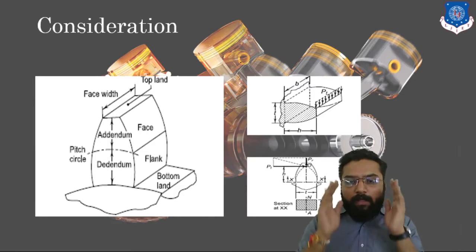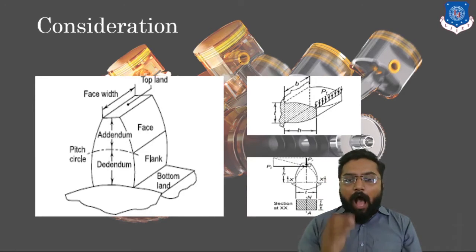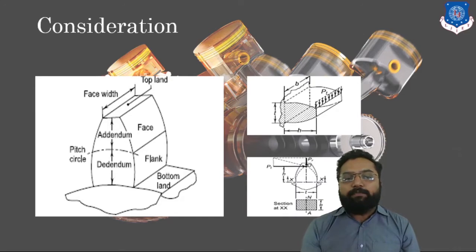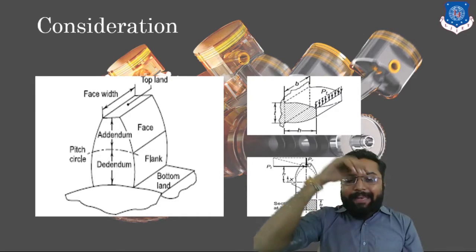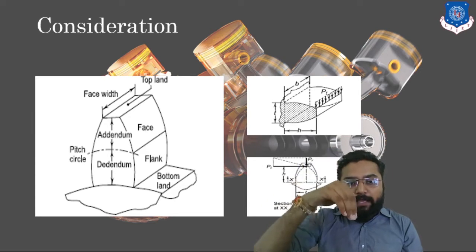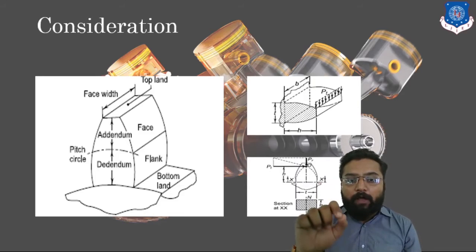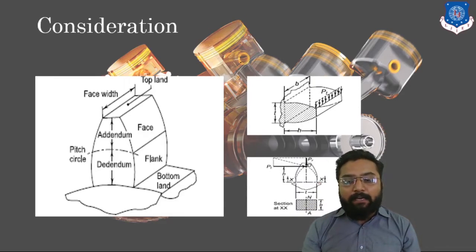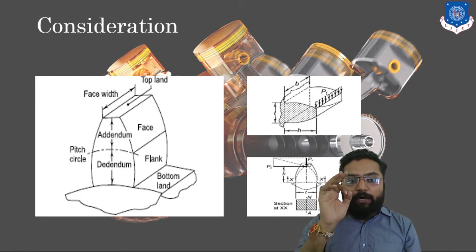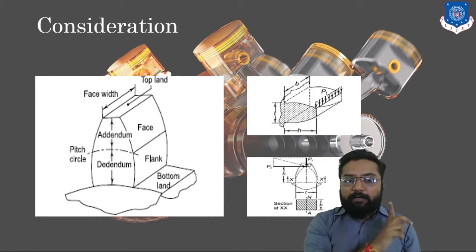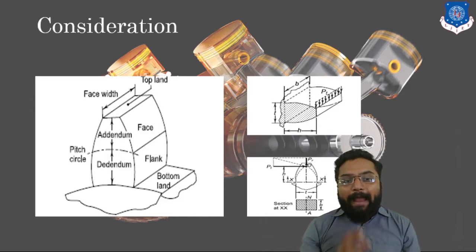Let's consider this. Our tooth will have two types of stresses. One is direct stress, or you can say compressive stress, generated by the pinion on top of our gear tooth. Clear? Here you can see a node called P. Here it has two components, one horizontal component and one vertical component. The vertical component will create compressive stress, and the horizontal component will create bending stress.